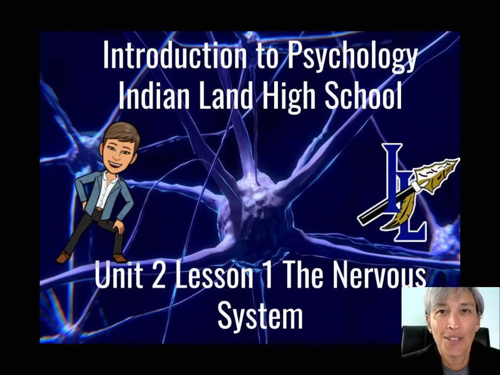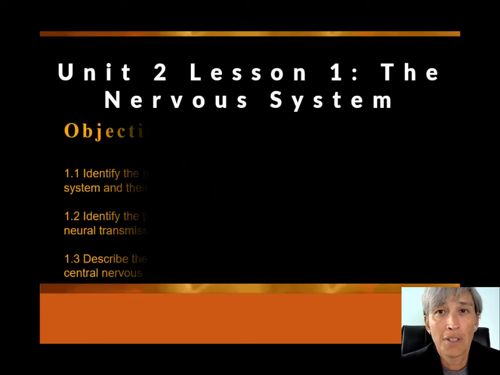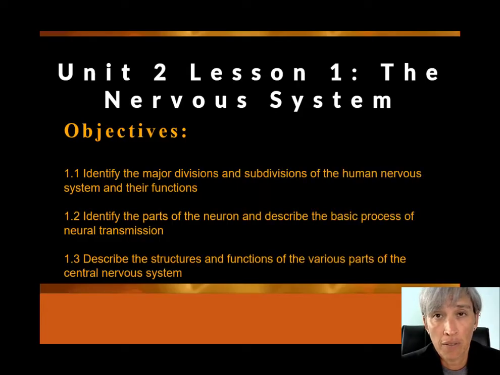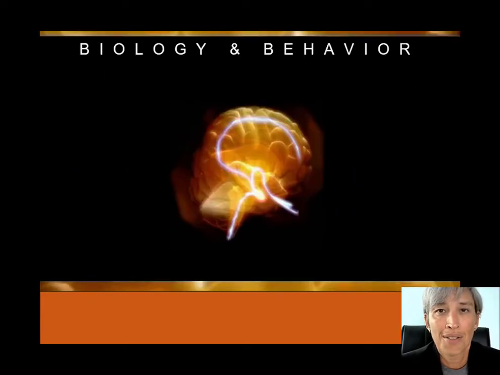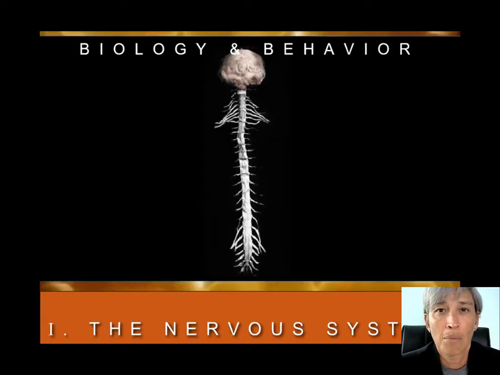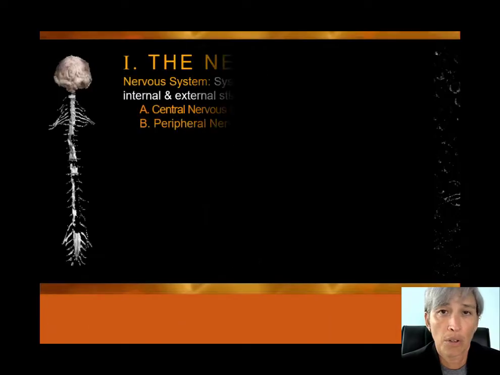Hi students, this is Unit 2, kind of an introduction to the nervous system and the central nervous system. In Lesson 1, we'll be discussing the major divisions and subdivisions of the nervous system, the neuron in particular, and its basic processes of neural transmissions, and the functions of various parts of the central nervous system. When we talk about the central nervous system, we're talking about the brain and the spinal cord, which you see